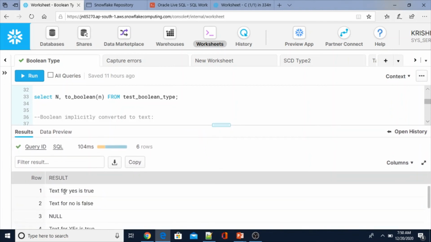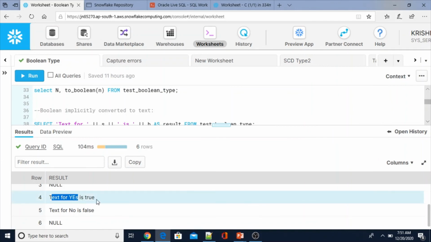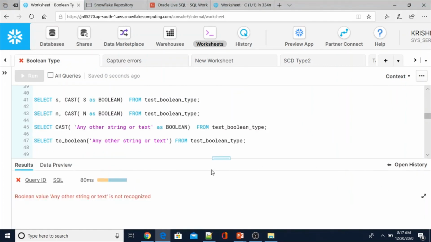You see, text for true, text for no is false. Here text for s is the string value as well, and true is the Boolean. However, it converted implicitly to text, and null is null, and this one is another set of rows, case insensitive. Text for yes is true. Text for n.